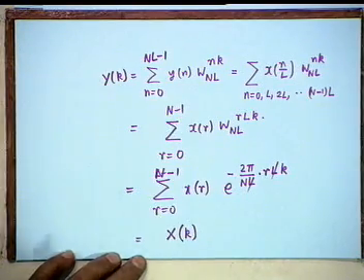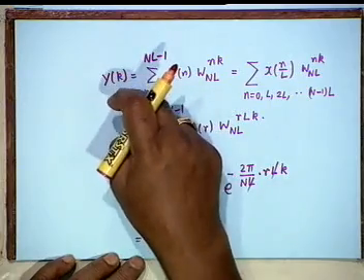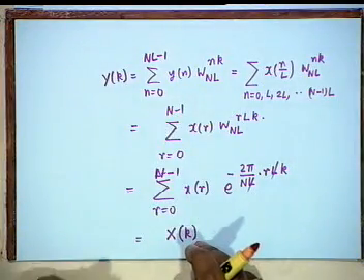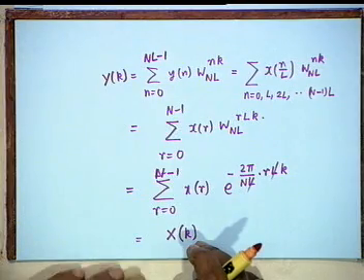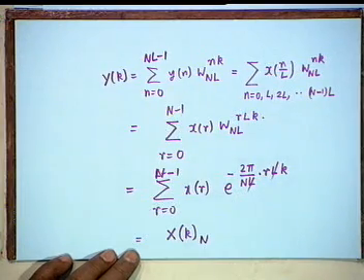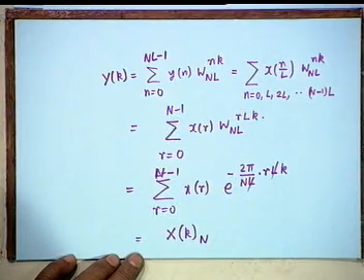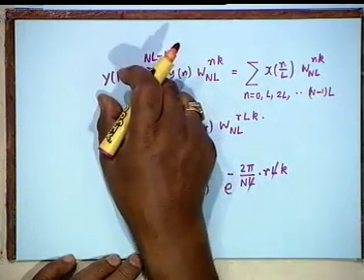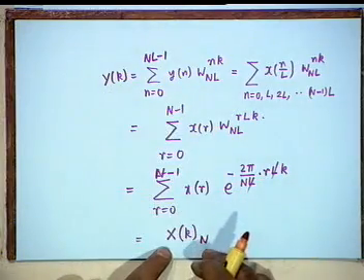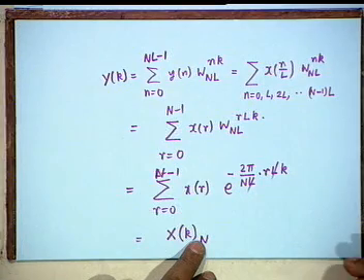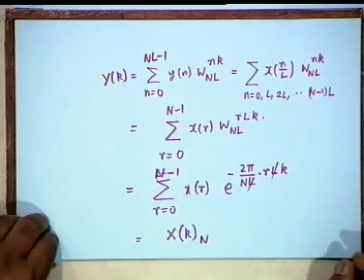But there is a problem. Do not leave it here, because Y of k exists from k equal to 0 to capital NL minus 1, whereas x of k exists only from 0 to n minus 1. So, it has to be modulo n. Is that okay? X of k will repeat, and Y of k, the DFT up to capital N points, is identical with this, then it shall repeat. How many times? L times. Okay, very good.